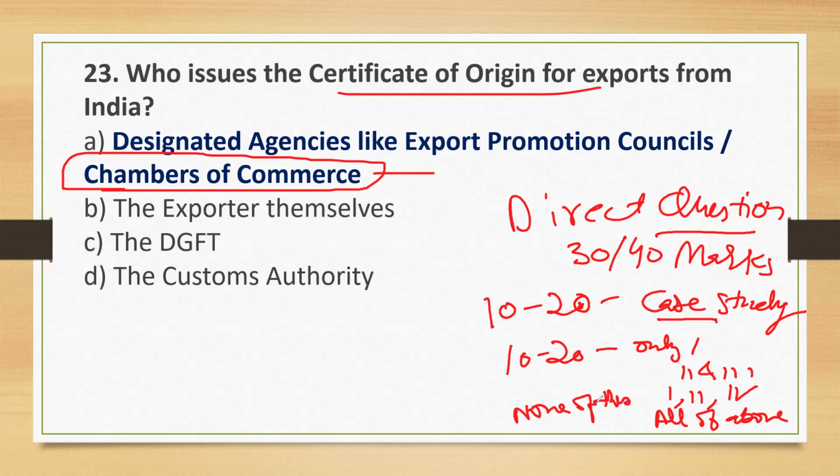So these questions are very, very tricky. 10 to 20 questions will be there where this type of answers will be confusing you. At that point, you need a thorough understanding of the topic. Then only can you decide whether only 2 and 3 will come, or only 1 will come, all of the above, or none of these. So you have to be very careful and study thoroughly. What we are discussing here is just a